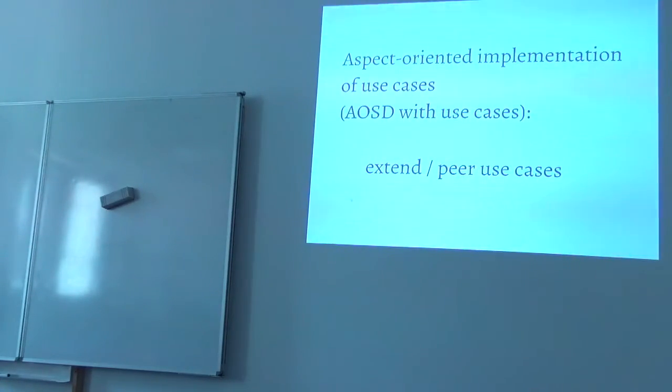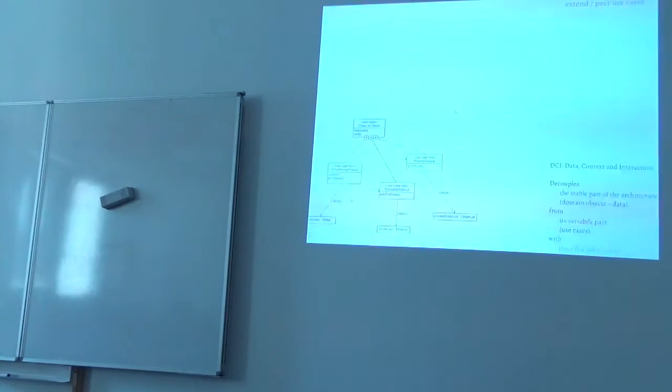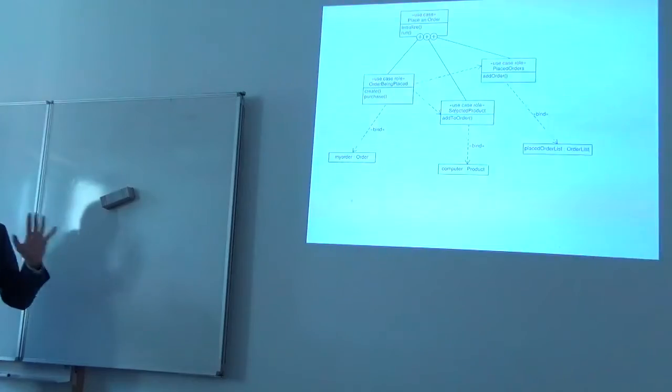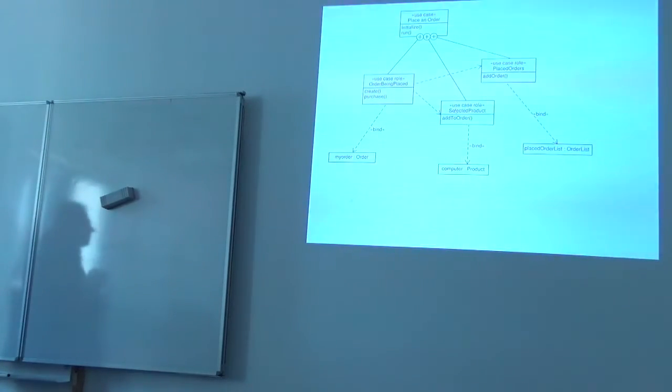And preserving use cases in code is not related just to Ivar Jacobson. This can be done to some extent with aspect orientation, but also with the approach called data context interaction, which I'm not going to talk too much about, but let me just mention the basics. The idea is to preserve a use case, and here is one, place an order, which is implemented in its own world